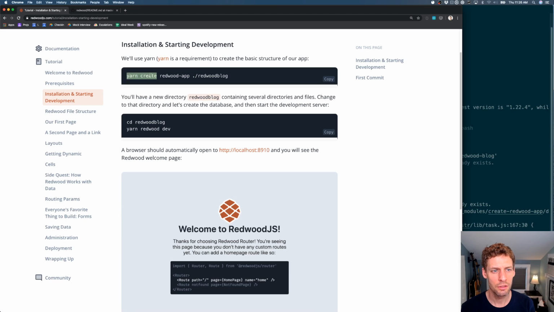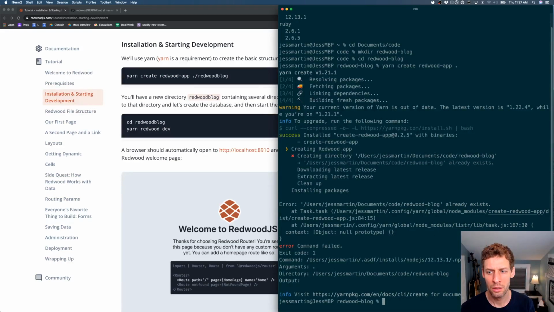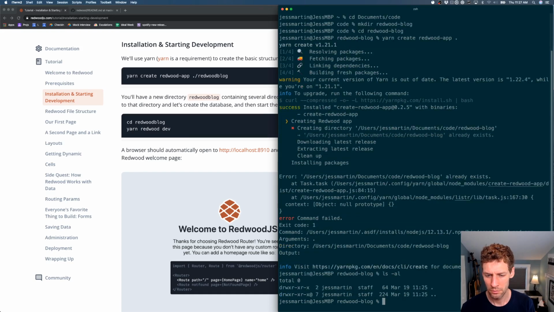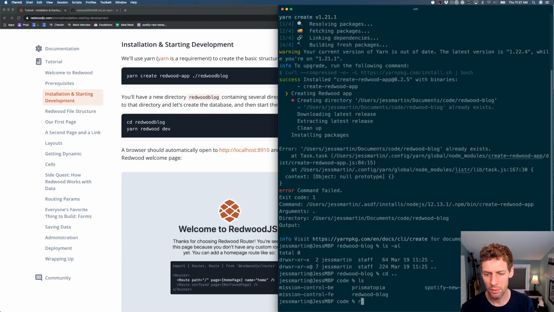I don't actually know what yarn create does. Error, command failed. All right, since I don't understand the yarn create command, I'm going to remove redwood-blog and